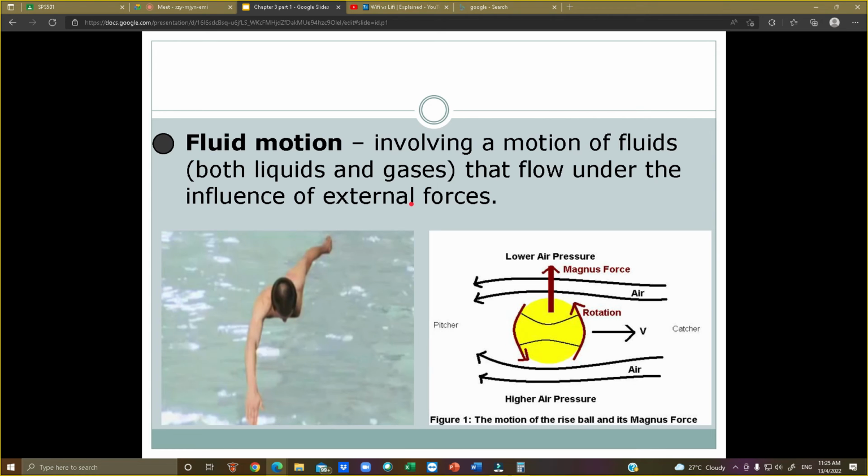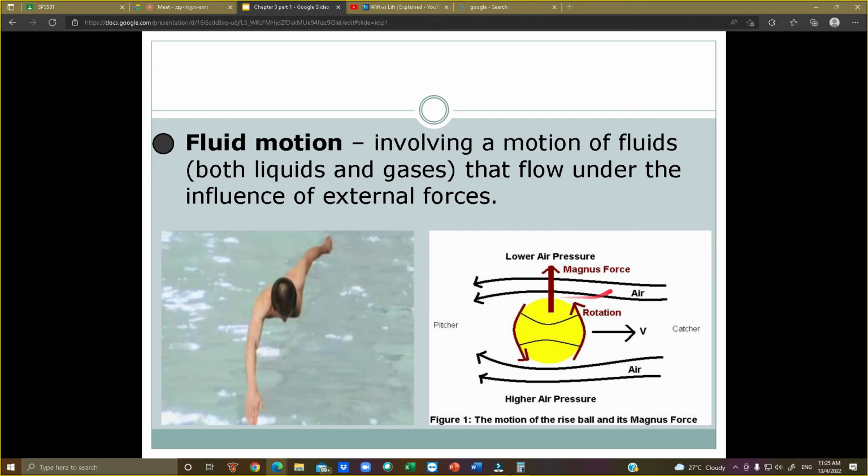Okay, and then we have fluid motion. Fluid motion is actually any movement that happens in fluid condition. So we as humans actually work in fluid. Okay, fluid ni termasuk dua lah, gas and liquid. Dalam air pun fluid, dalam angin pun fluid. The only term that you need to remember for fluid motion is actually Magnus effect.